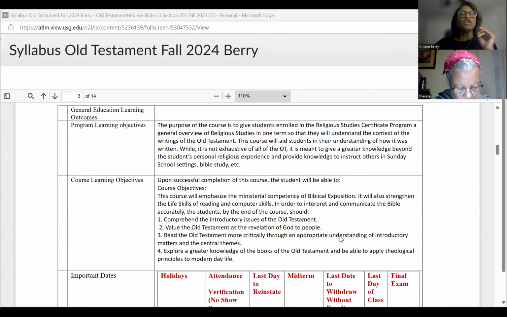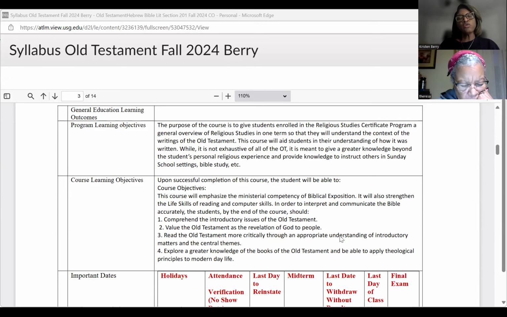So one of the key things I want to go over as an overview of this class is that many times people shy away from the Old Testament because they say, oh, it's old, or it's written weird and I can't understand it. And that's all right. Many times when we come to biblical texts, we may struggle with it. Another thing I want you to understand is that the Old Testament was written in Hebrew, and we'll talk about languages a little bit later.